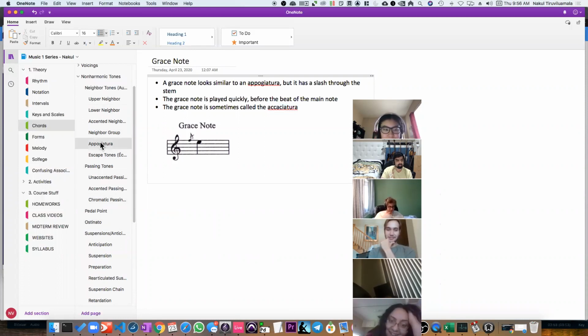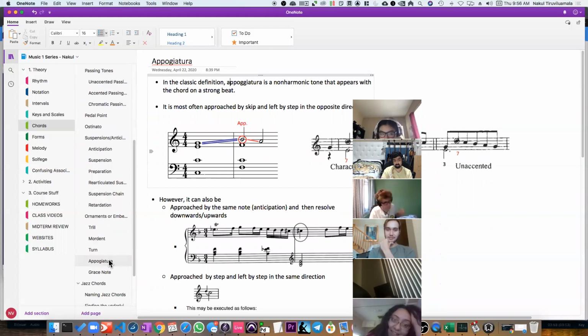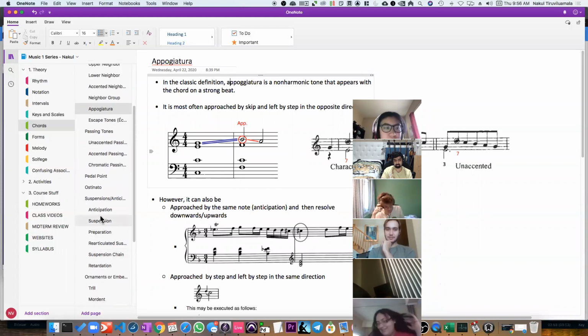So the appoggiatura, we're going to talk about it later as well. I know you're waiting in anticipation right now as I talk about it. We're going to talk about anticipation later. Appoggiatura, the classic definition, is that it's a non-harmonic tone that appears with the chord on the strong beat. Okay? So for instance,